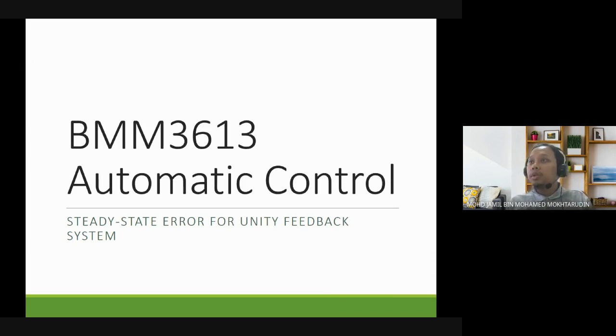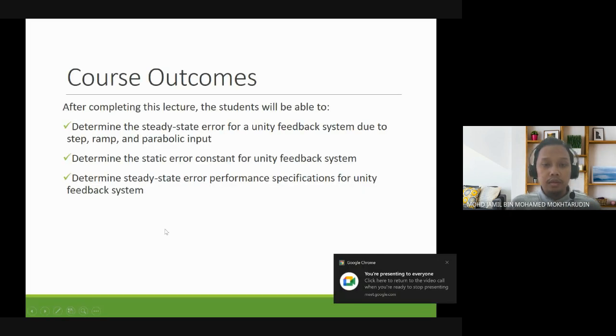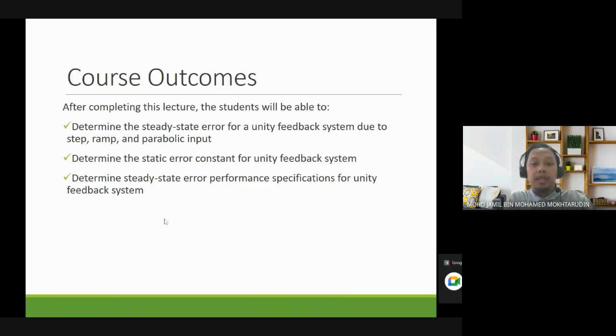Okay, so today we will continue with our lectures on chapter 4. So lecture 4B regarding the steady state error for unity feedback system. Okay, so after completing this lecture, students, you will be able to determine the steady state error for a unity feedback system